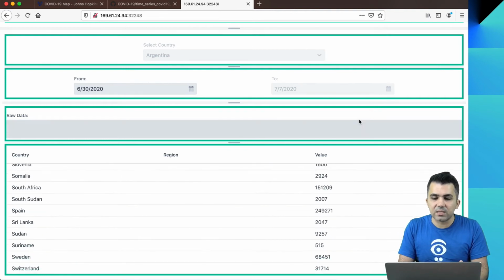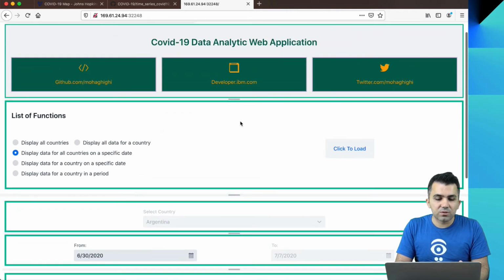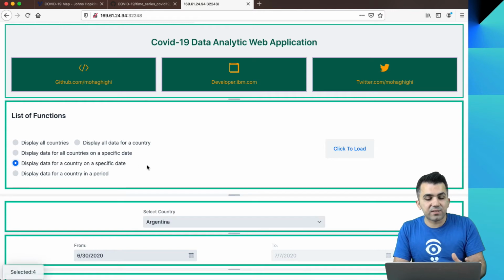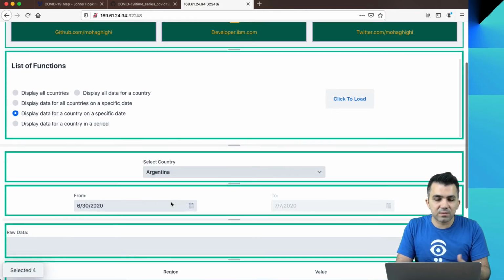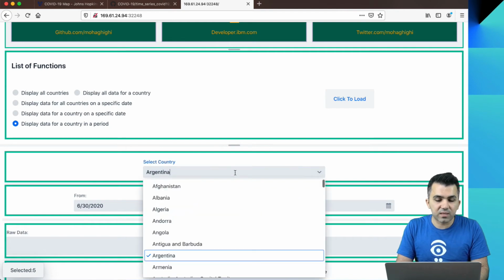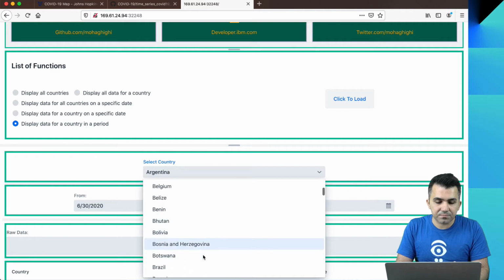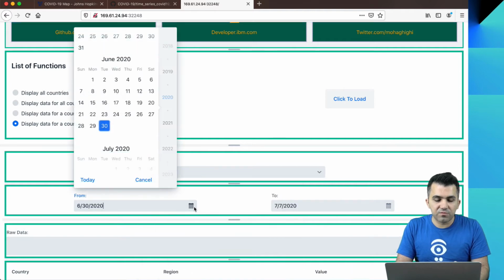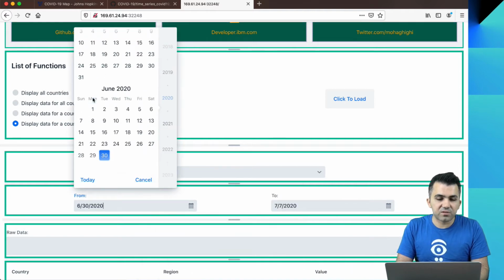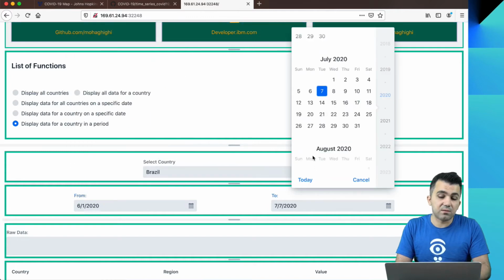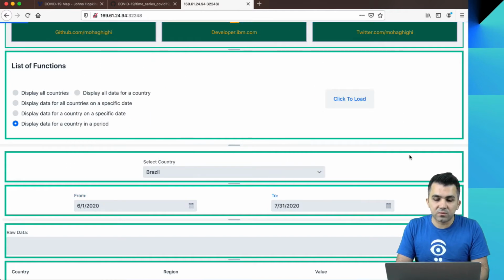Also, if you want it for a specific date for a country, you can do the same thing. If you want it for a period, let's say Brazil, from the 1st of June until the end of June.